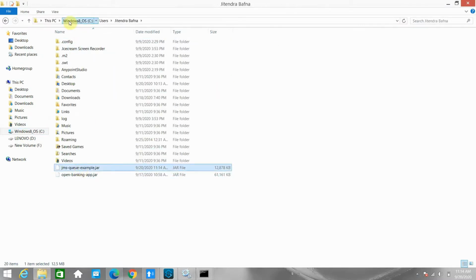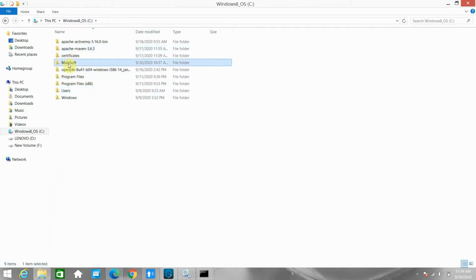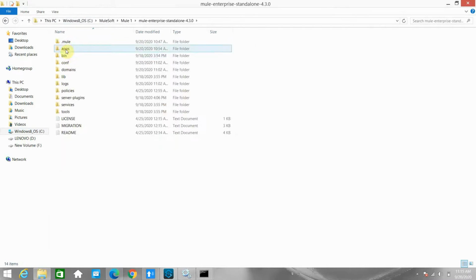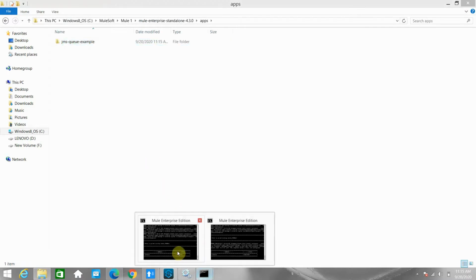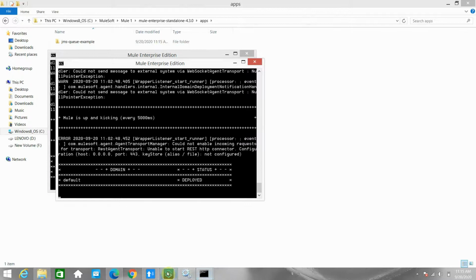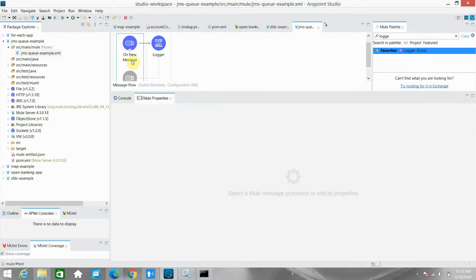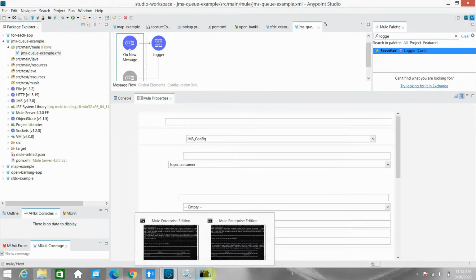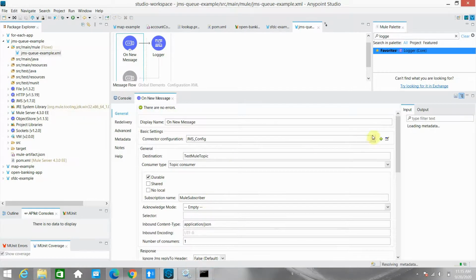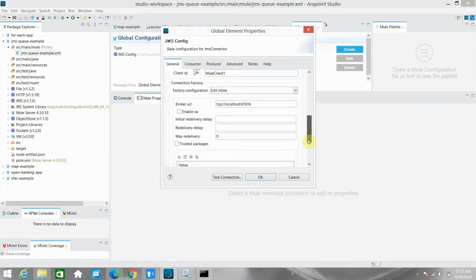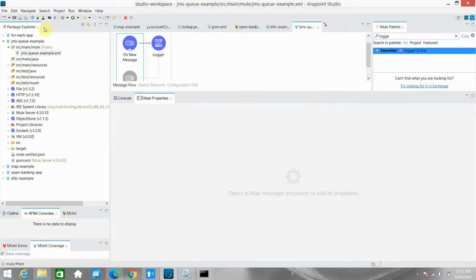JMSQ example, and I can go to MuleSoft, Mule runtime. I can go to the apps folder and try to deploy the application. Also I will deploy the application on a second node, a second Mule runtime. In this case, make sure you change your client ID. The client ID must be unique. I can save everything.